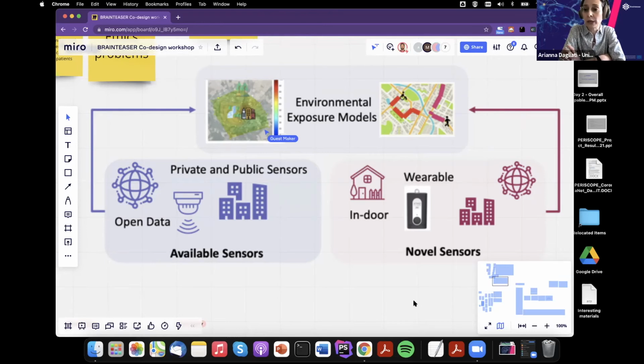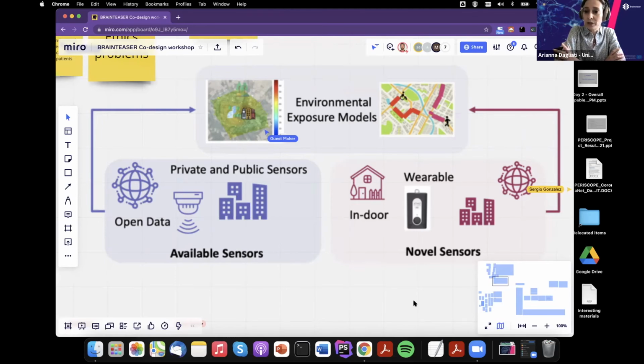And what we want to do is to create this dense grid of sensors that also takes into account the kind of patients we are going to monitor. The final aim is to build these trajectories of exposure to pollutants, which can be very precise, and that can be integrated into the artificial intelligence models. So these are more or less the ideas that we have, and we would like to discuss them in more detail, especially with Ata, who is an expert in this matter. So Ata,